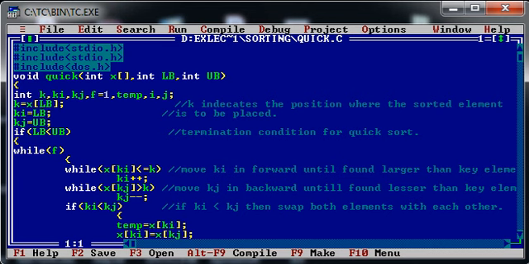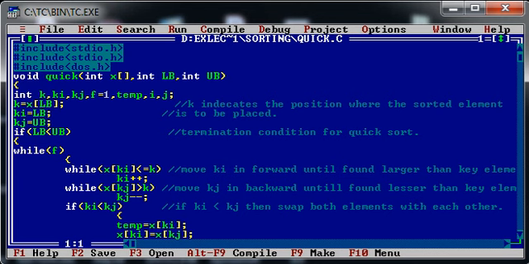In this algorithm, we have made a few assumptions. We are considering the first element of the array as the key value. We have two pivot indexes, the ki index and the kj index. We move our ki index from left to right until we find a value larger than the key value.